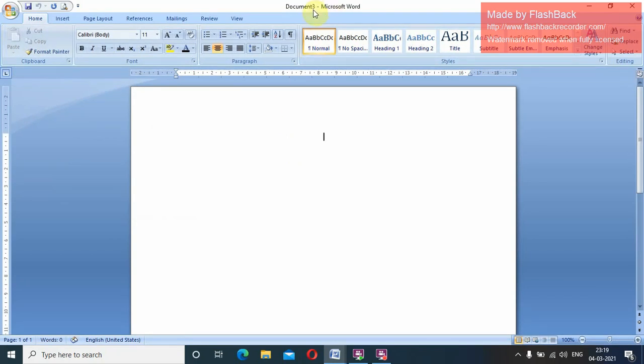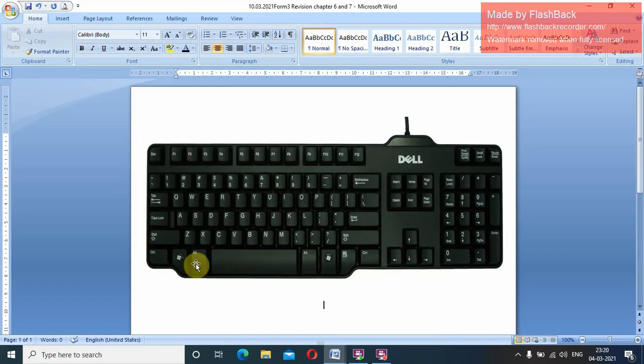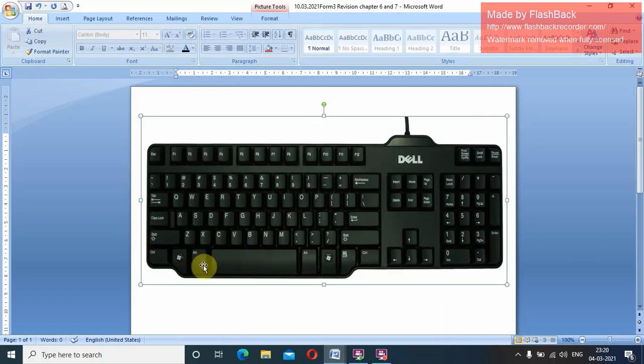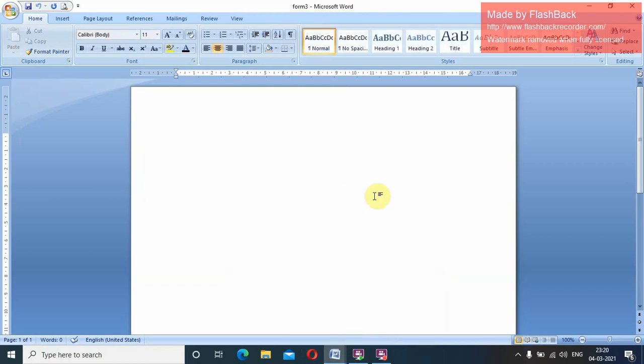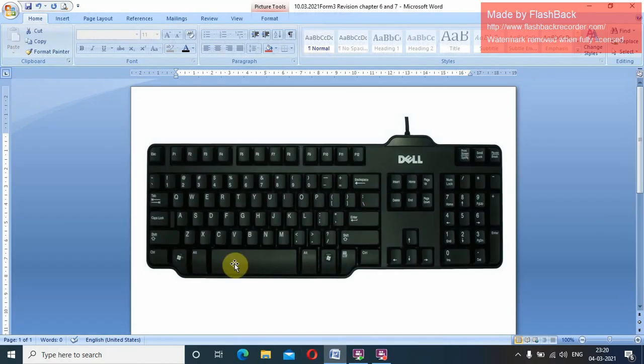Control O open, Control S save, Control N new. Control N, see, you can see the new document has opened, right? Control S save, Control N new, Control O open, then Control P print, and I'm going to press Alt F4. You want to see the Alt key and F4. See, this is Alt and F4. If I press this Alt key and F4 together, I can close a document. Now see, I'm going to close it with Alt F4, right? So this way you can close your document.